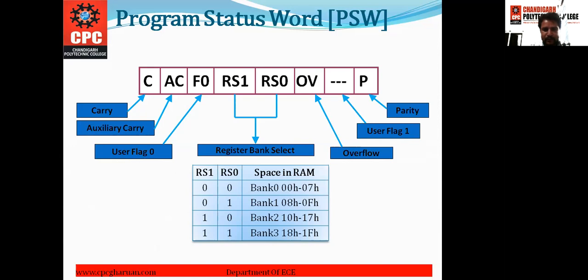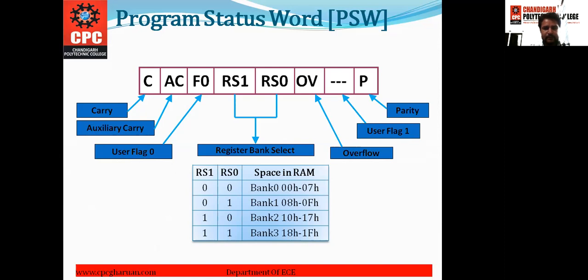If you do not select any register bank, then by default bank 0, which has the range 00H to 07H, will be selected as our default bank. This is the 8-bit program status word that 8051 has.